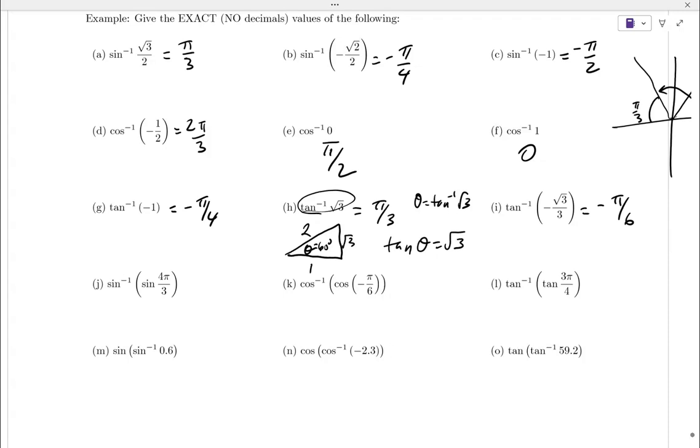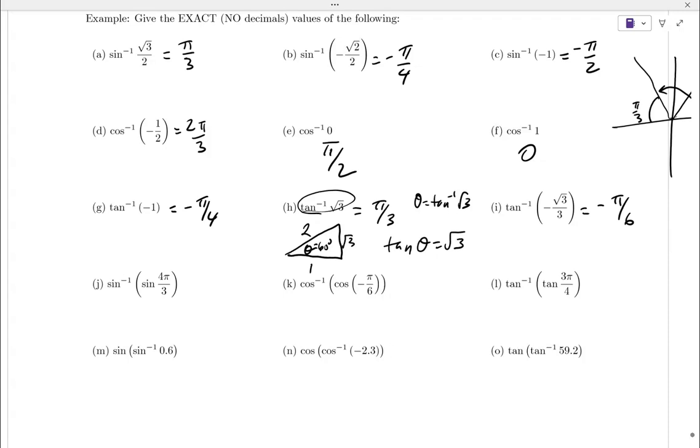Personally, what I think is a little bit easier with these in particular is just work through it a step at a time, rather than trying to simplify it all at once and worry about your restriction. You can do it that way, but I personally think it's a little bit easier just to do it a step at a time. So if I look at this first one,